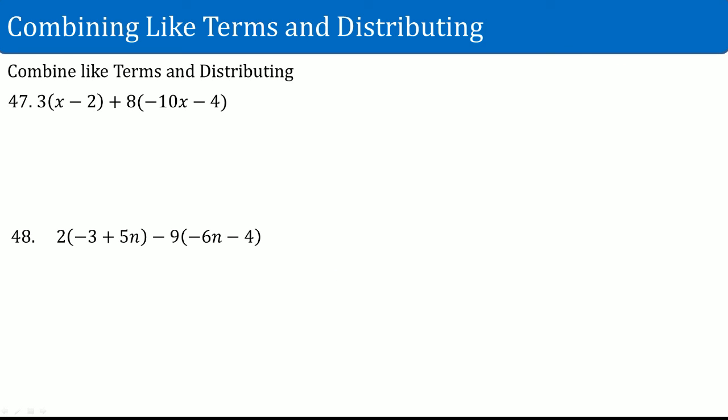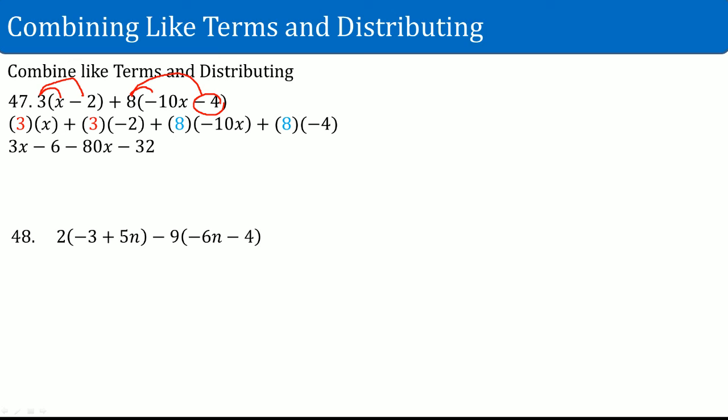The last two problems, 47 and 48. Okay, you're just going to do a lot of distributing and combining like terms. So the first one, 3 times x, 3 times -2, 8 times -10x, and 8 times -4. Please understand it is -4. 3 times x is 3x, 3 times -2 is -6, 8 times -10x is -80x, 8 times -4 is -32. The 3x and the -80x combine to get